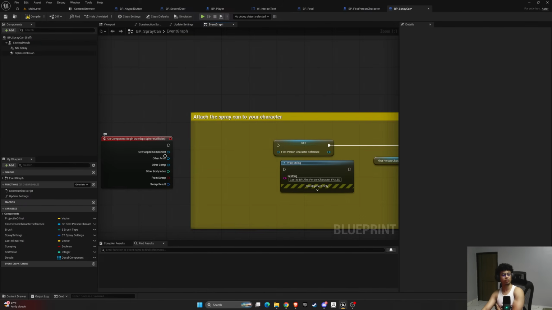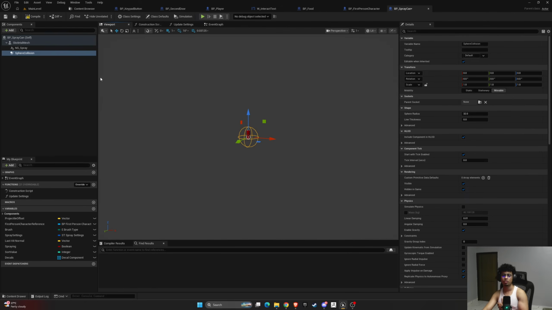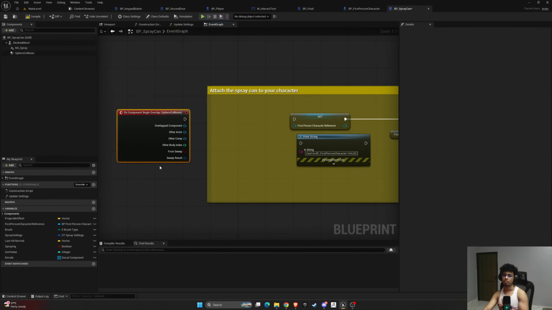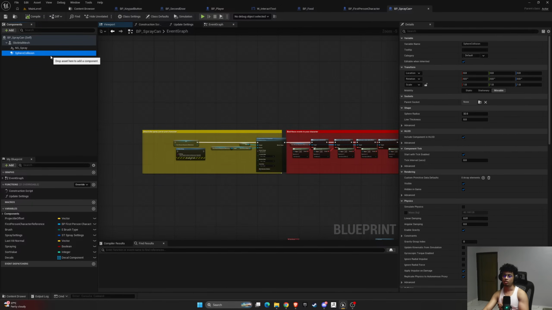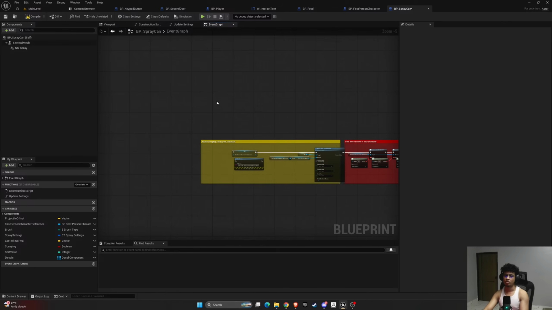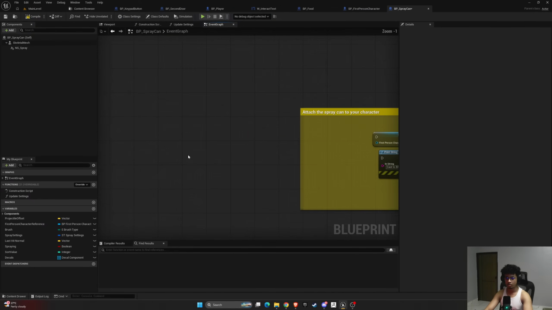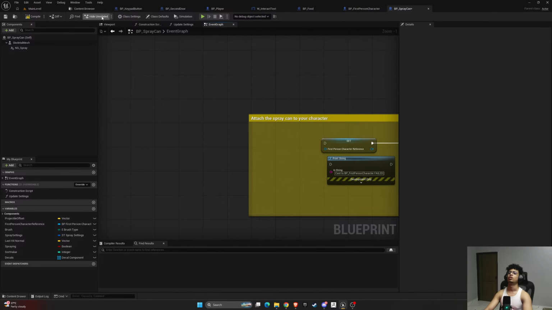We need to... We don't need the spear position. We do have the pickup system. Let's just do it that way. So when